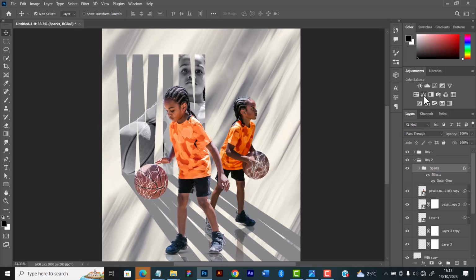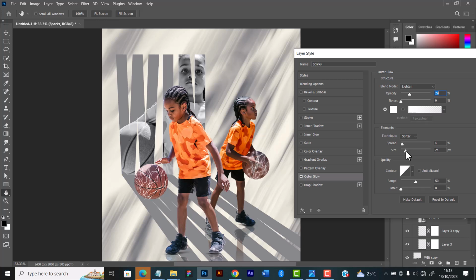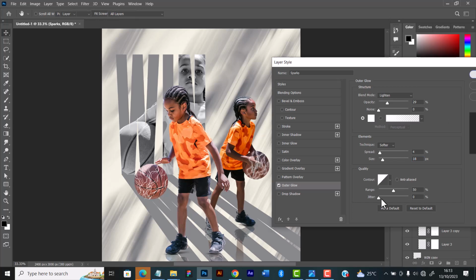I think it's too bright. Let me just drop down the size of the glow. Taking a view from this side, let me drop it down. I think something like this size is okay. So I'll just